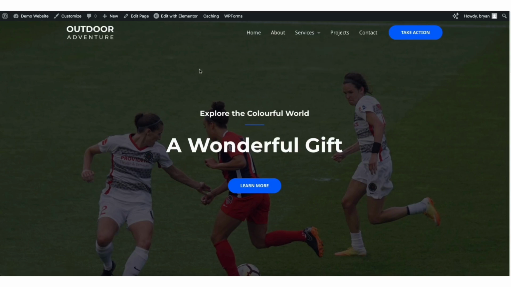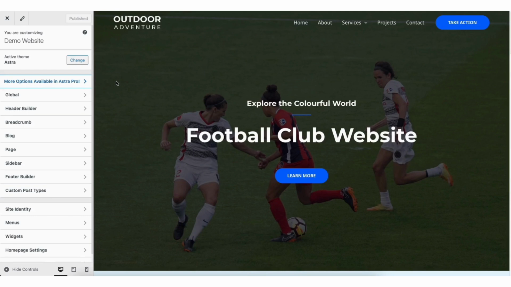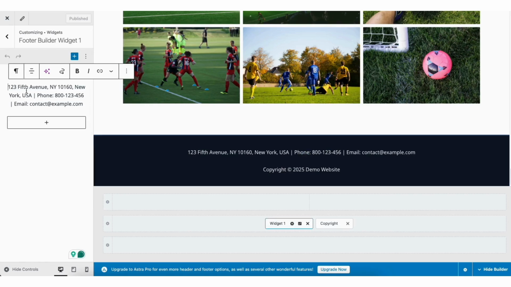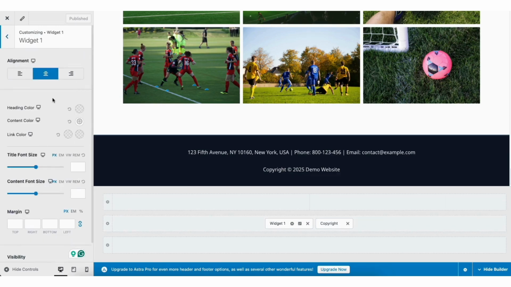Next, I want to cover how to edit the footer, header, and logo for your site. In the top bar, click Customize. You'll be taken to the Customize page. Click the Footer Builder. You can then click an area in the footer area to start making edits to that section over on the left side. If you click the plus icon, you can then add things to that part of the footer. If you click Design, you can then make additional changes for that section in the footer.